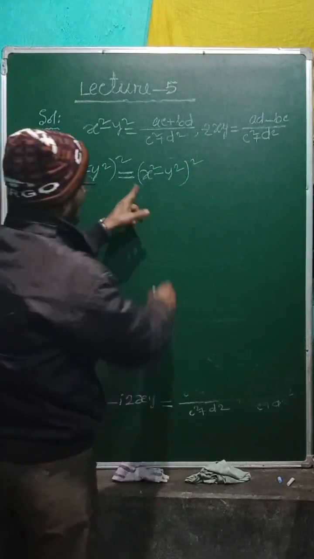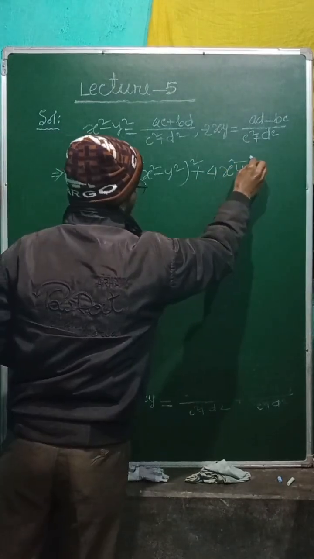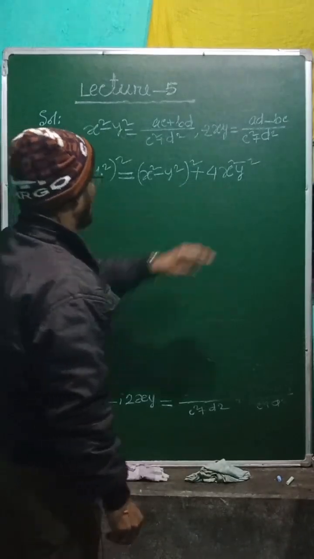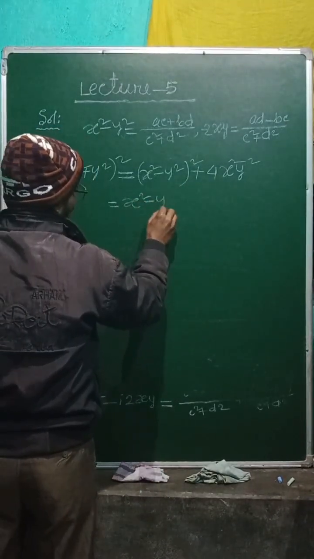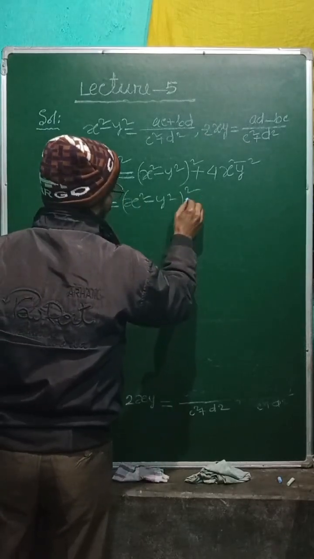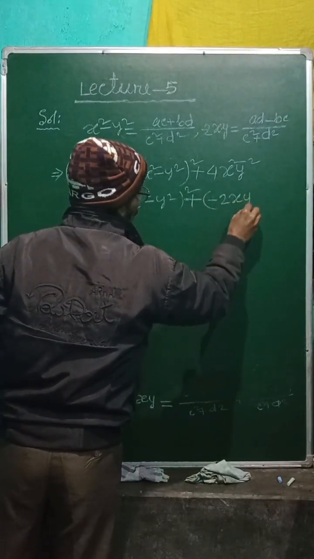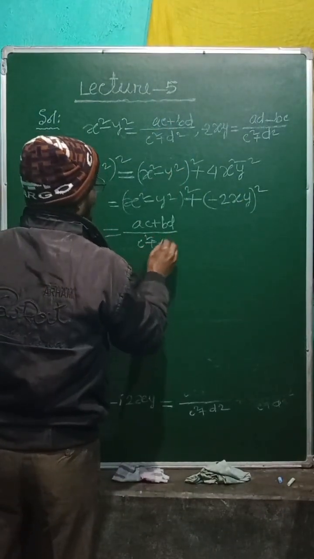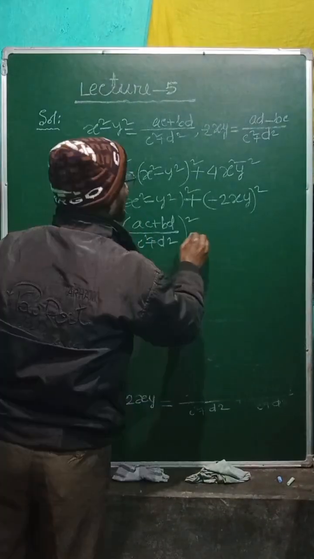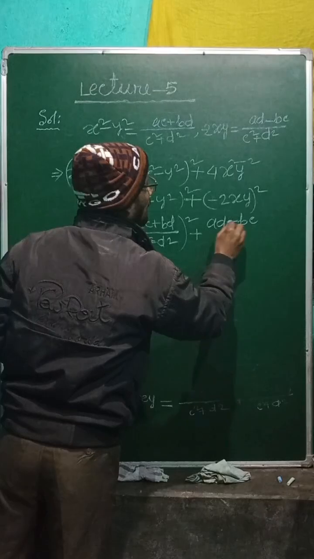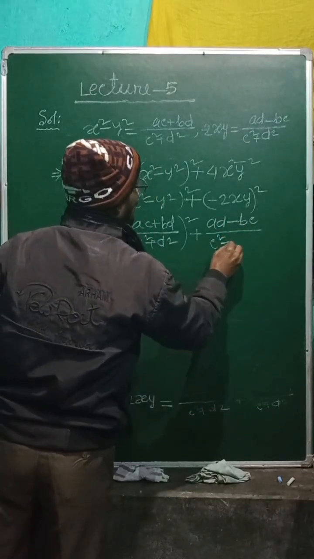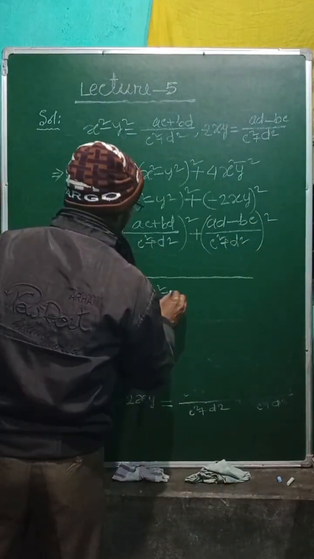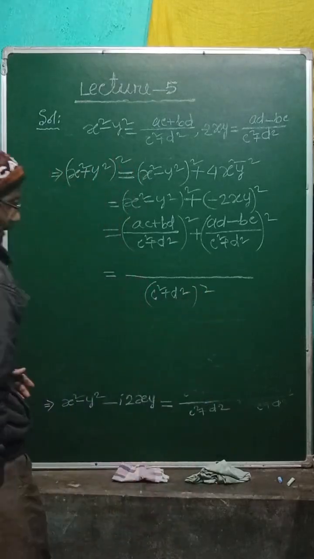Then how to balance this quantity? If we add 4x square y square, after getting here minus 2x square y square, ultimately it will remain 2x square y square equal to (x square minus y square) whole square plus (minus 2xy) equal to (ac plus bd by c square plus d square) whole square, then plus (ad minus bc) divided by c square plus d square whole square equal to (c square plus d square) whole square, and here